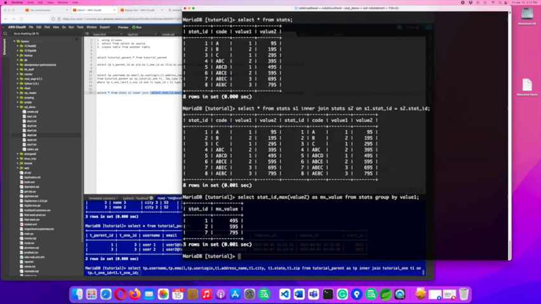So when we do this, and we've seen this before, max value 495 here for value 1, whereas for value 2 it's going to be 595, which we see, and here it's 795 for 3. But if you look over here, that stat ID is just picking one. Stat ID of 1 is not the max value. Stat ID 2 is not the max value. So if we want to get the ID where the value is the max,